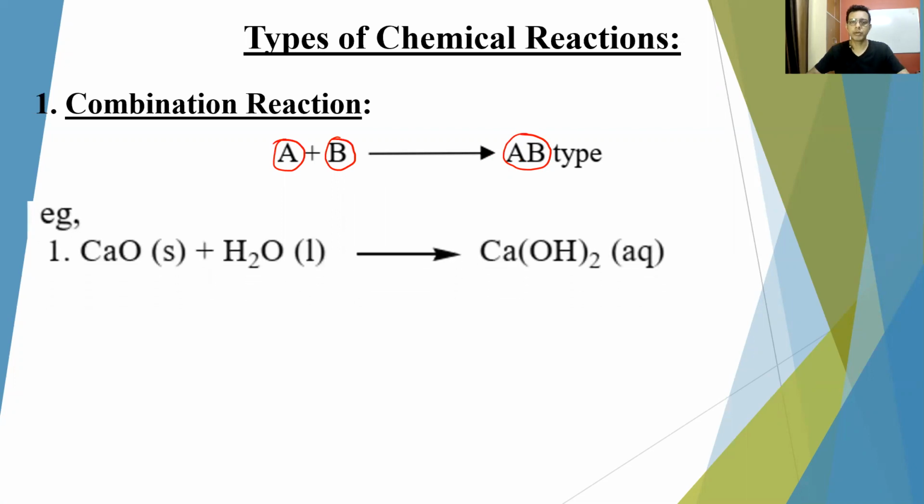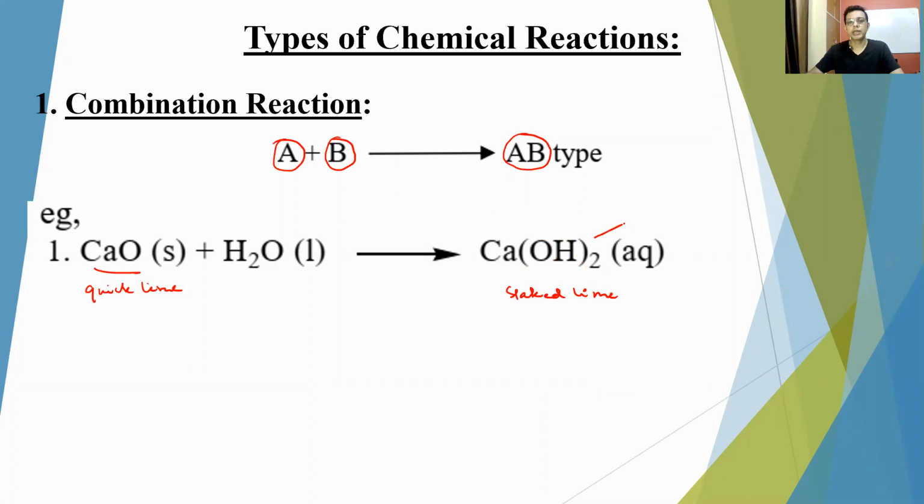The first type of combination reaction that we'll discuss is the reaction between calcium oxide, that is quicklime, and water to produce calcium hydroxide, that is slaked lime. So this reaction is specially emphasized in your textbook because this reaction gives a product calcium hydroxide, which is used to paint the walls earlier. So when people did not have synthetic paints, which are used nowadays, they used to paint the wall with this calcium hydroxide, which gives a shiny white appearance on the wall.